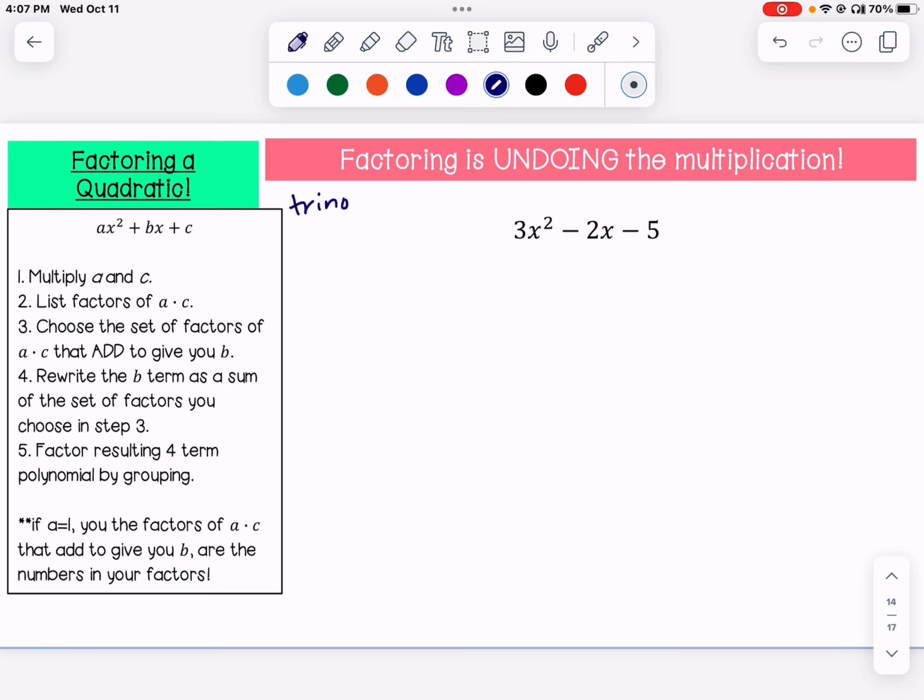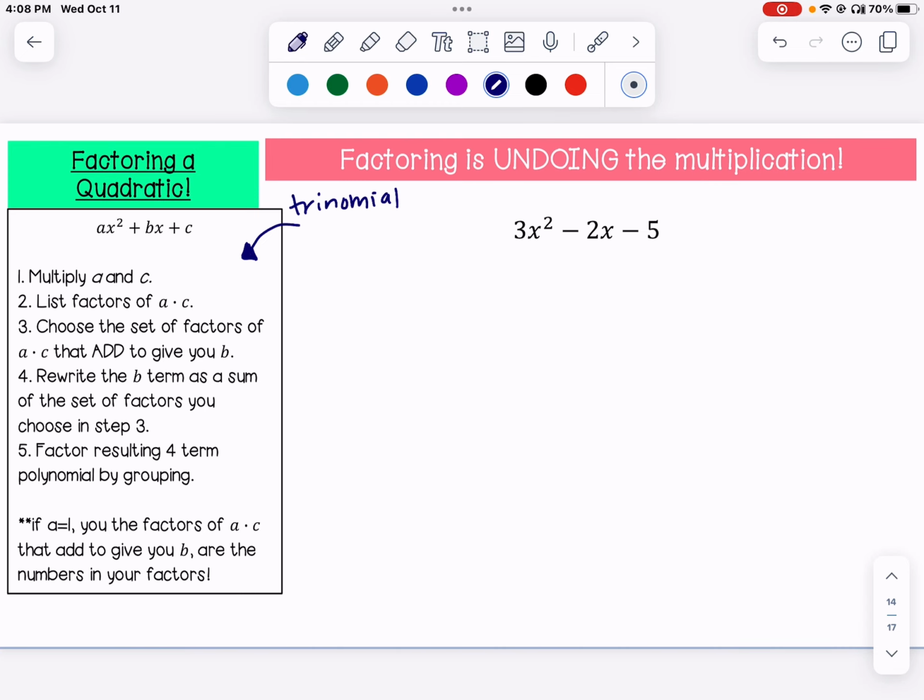So once again, these are our steps for a trinomial. I'm going to step you through all of these steps over here. You can also pause and read through them. There are many, many different ways out there on how to factor a quadratic, but all the other ways are all shortcuts and tricks that really get you back down to what you're doing here. This is the surefire mathematical way that works every single time, even though it's a little bit more work than some of the shortcuts. So the first thing that we always have to do is we have to multiply our